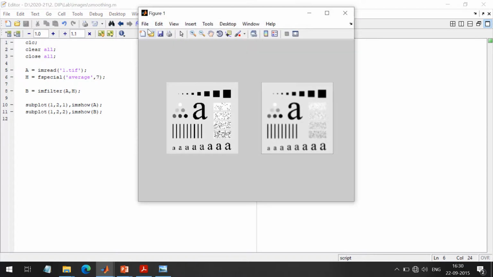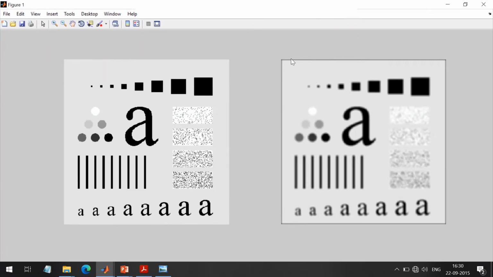Let us see the result. Now this boundary is clearly visible, and you can see the effect of the smoothing here. This box here is totally washed out in the output image. This is the effect of the smoothing operation. All the noisy pixels here are washed out in the output image.